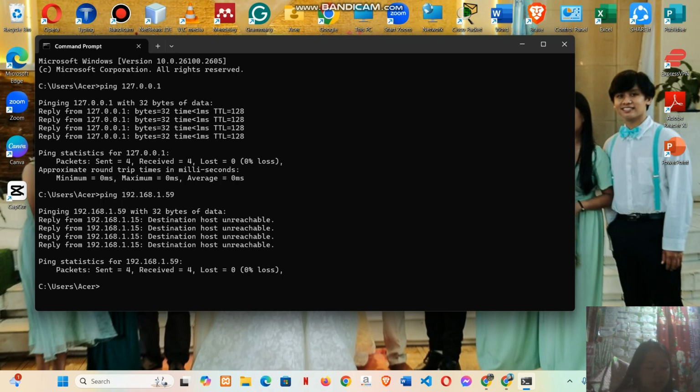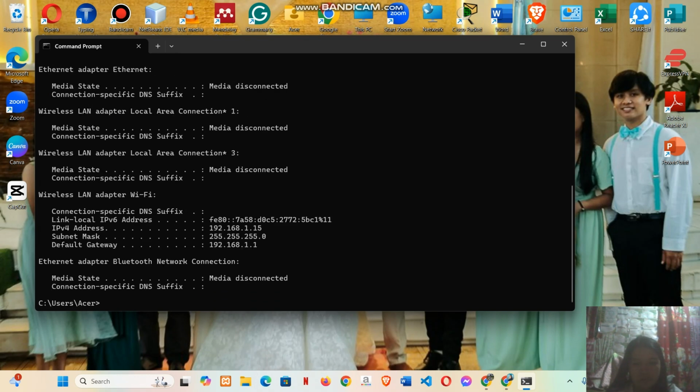To find your gateway, type ipconfig to know what your default gateway is.